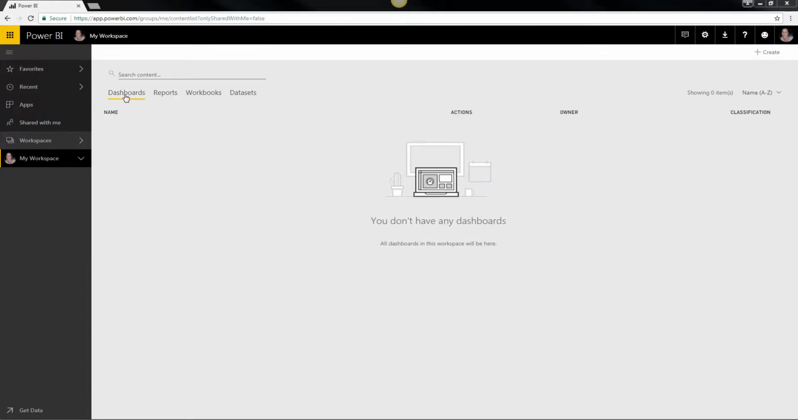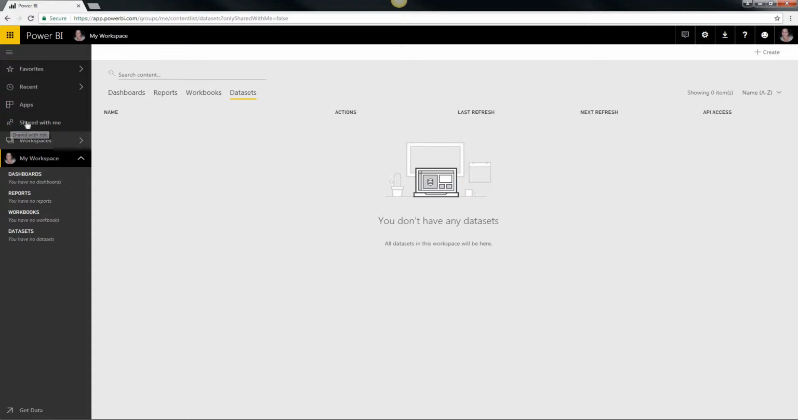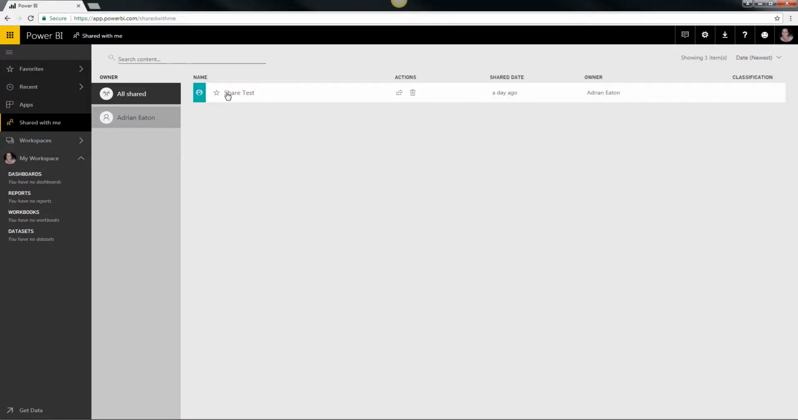Across the top here you can see the components that might make up my workspace. At the moment I don't have anything there. You can also use this down arrow and you can see the components there. Now above here we would see items that have been shared with us. So if I click on that, I can see I actually have a dashboard that's been shared with me by